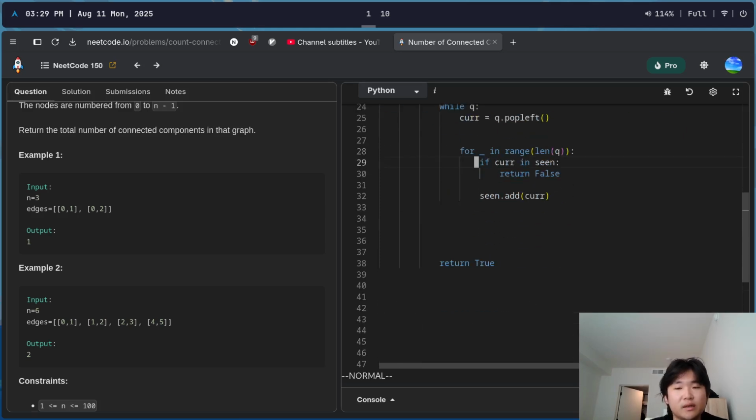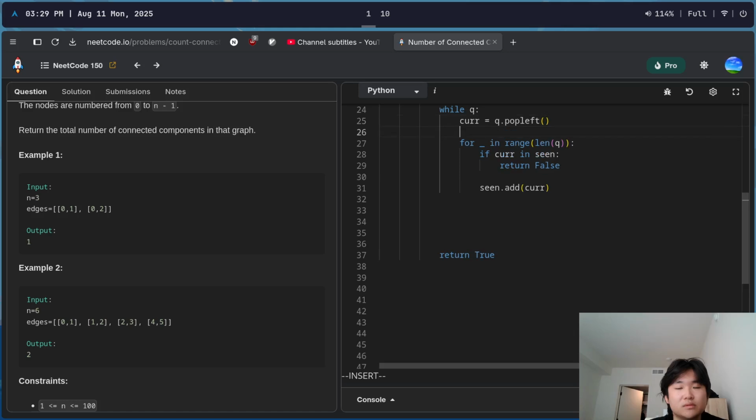We'll see that, right? Well, okay, hold on. Okay, it's cur. Okay, cur dot add or scene dot add cur. Then check if cur in scene, then return false. We don't want to process that, so